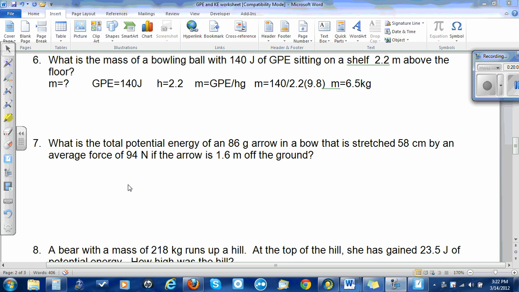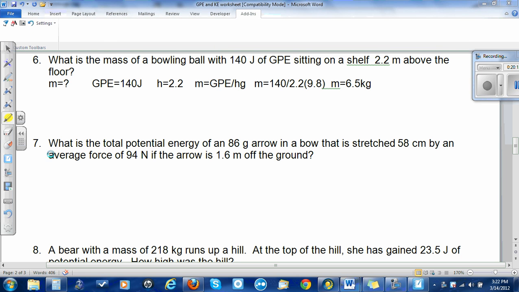Okay, problem 7 is a little different in that they're asking, at least I think here, for the total potential energy, and if you look here, they're giving us a partial one already. So the way I'm going to approach this problem is to say we have